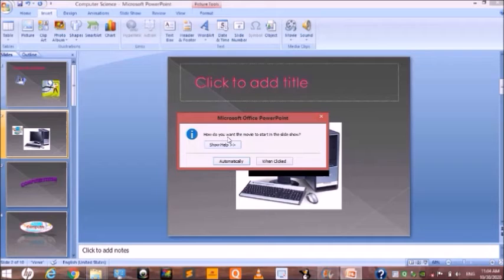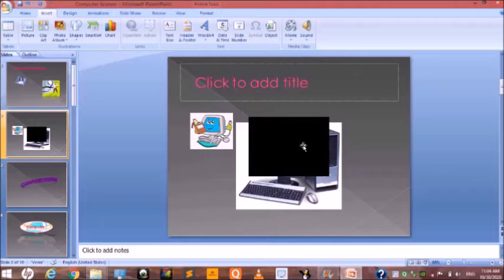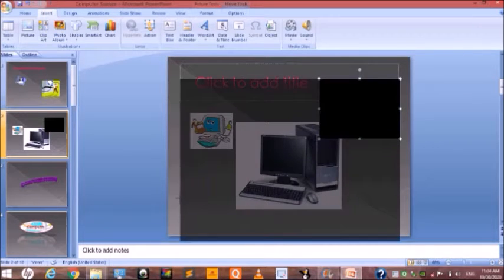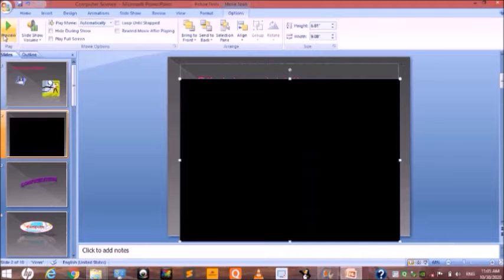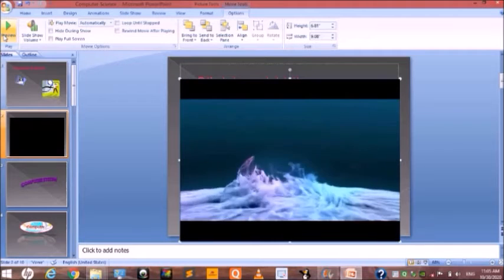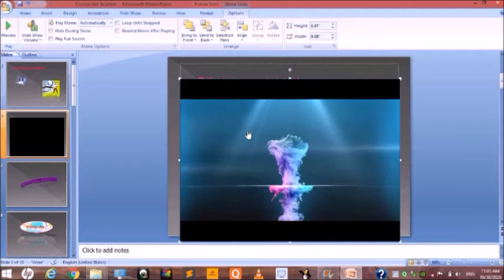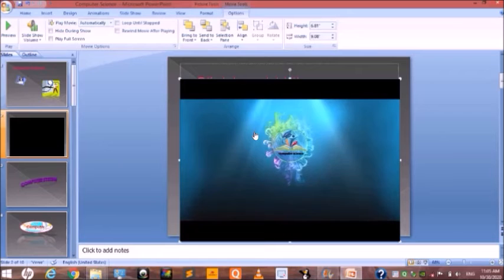It asks how you want the movie to start in the slideshow, automatically or when clicked. So I choose automatically. Okay, so this is the video. Look at it. In this way, the video will play automatically.